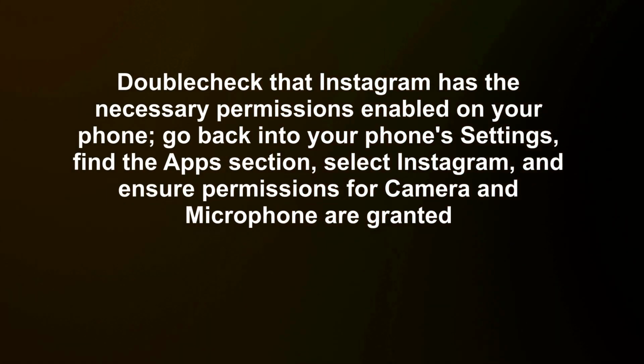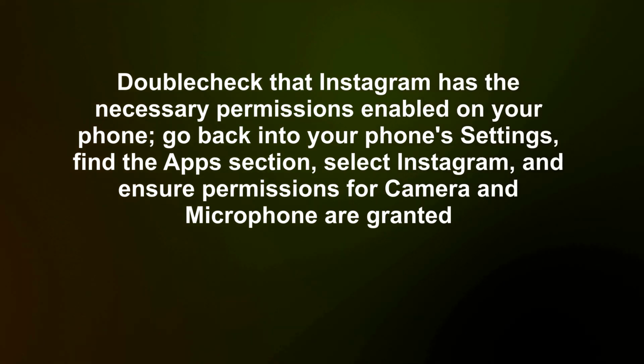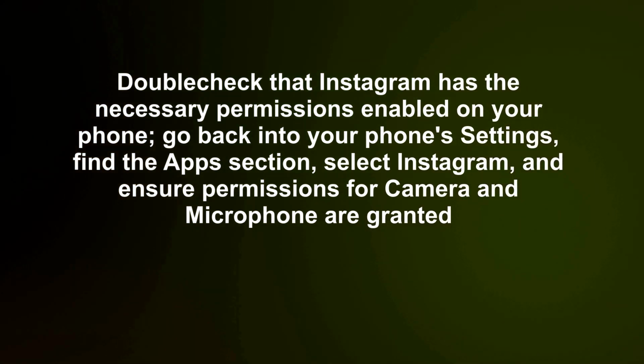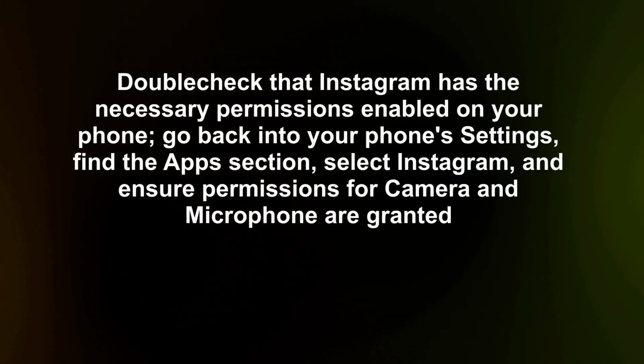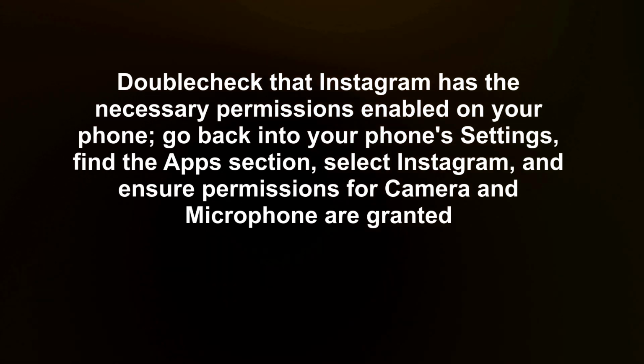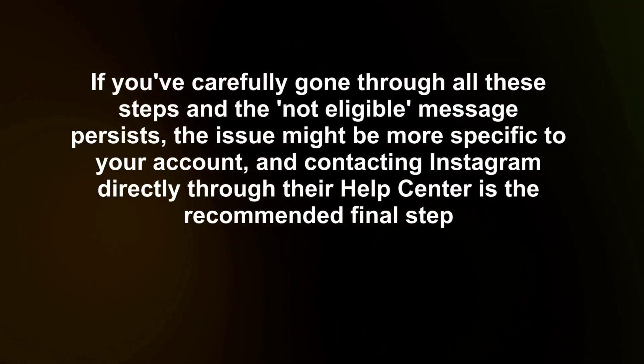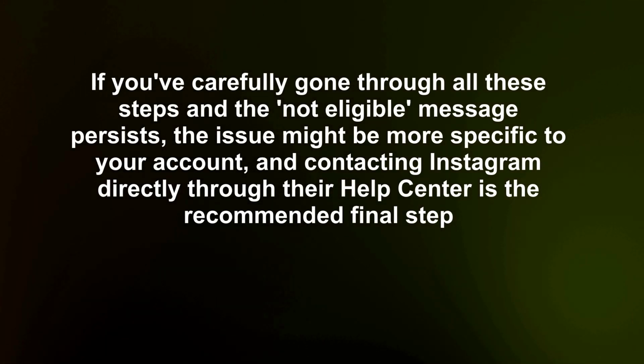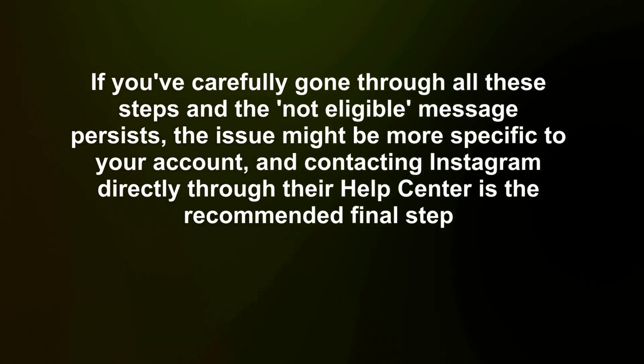Double-check that Instagram has the necessary permissions enabled on your phone. Go back into your phone's settings, find the Apps section, select Instagram, and ensure permissions for camera and microphone are granted. If you've carefully gone through all these steps and the not eligible message persists, the issue might be more